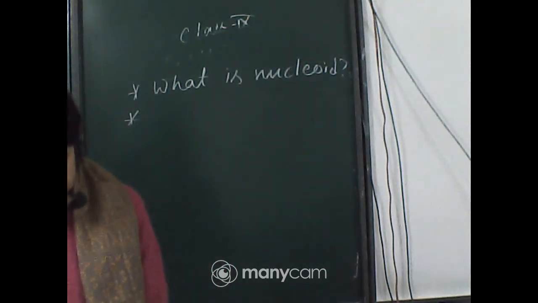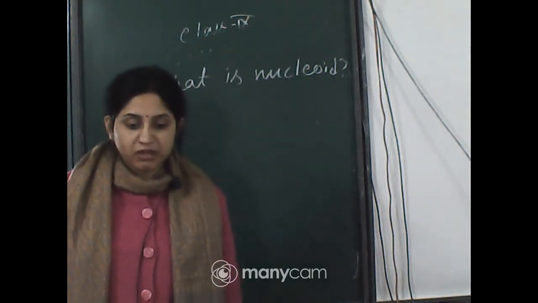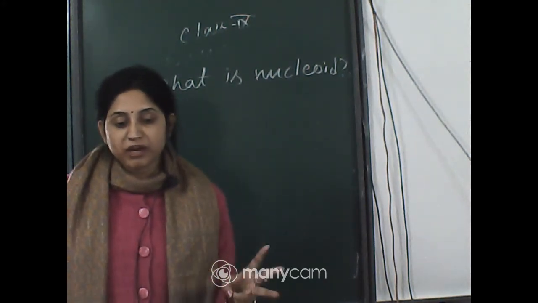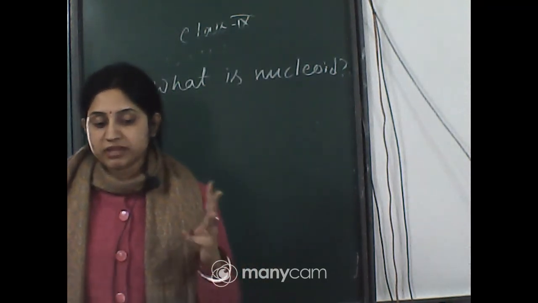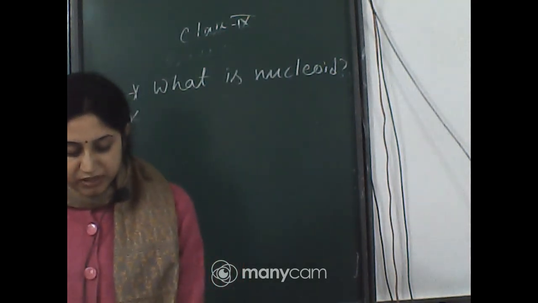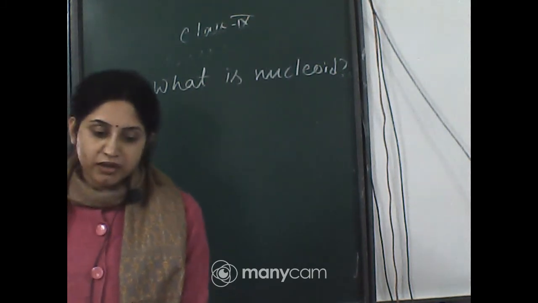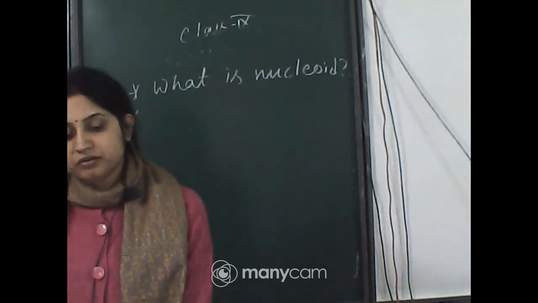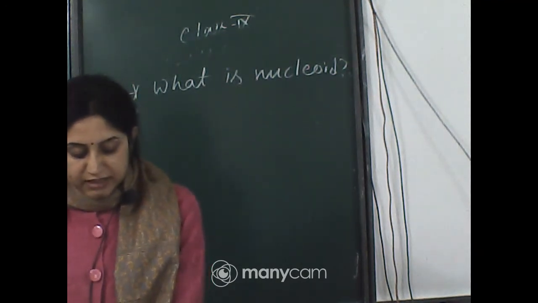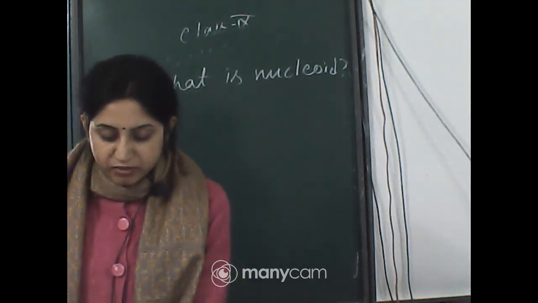Such organisms whose cells lack a nuclear membrane are called prokaryotes. According to the presence or structure of the nucleus, you know that cells are of two types, prokaryotes and eukaryotes. Prokaryote means primitive karyon, and karyon means nucleus. So the cells which contain the primitive type of nucleus are known as prokaryotes, and the cells which contain a nucleus with a nuclear membrane, a proper nucleus, are known as eukaryotic cells.